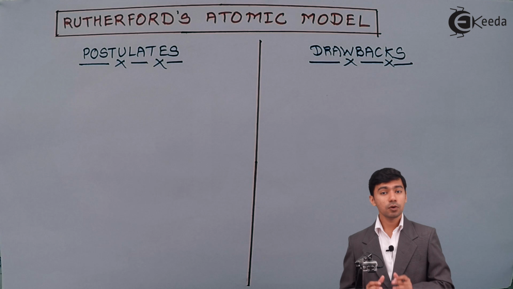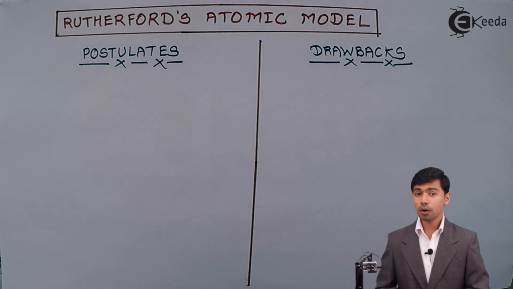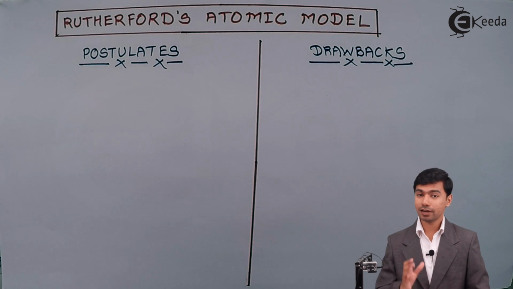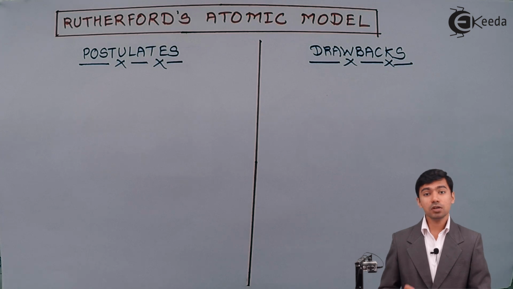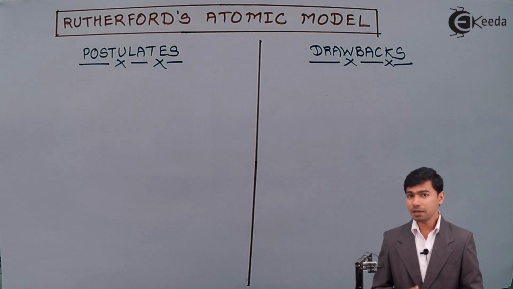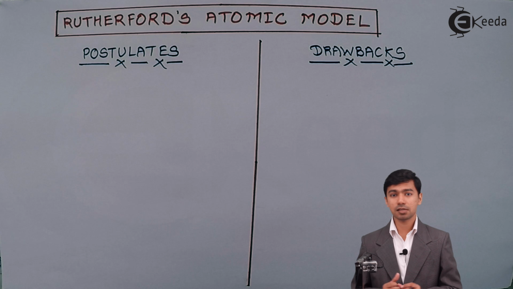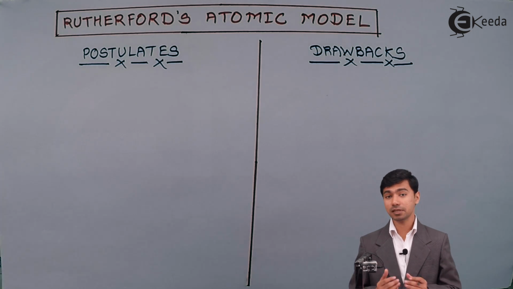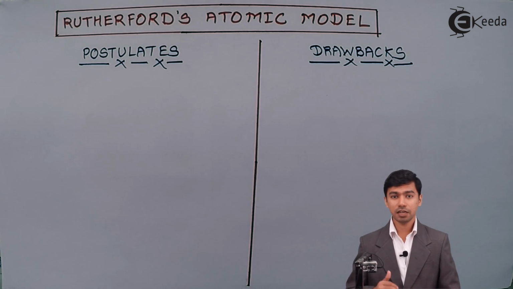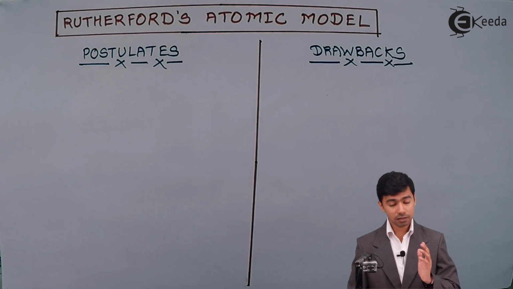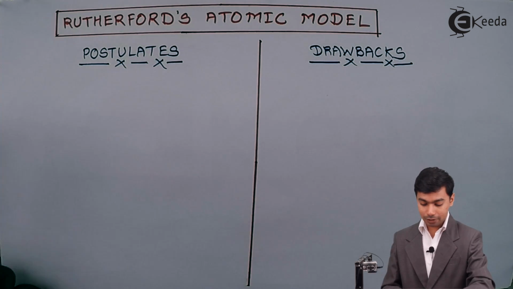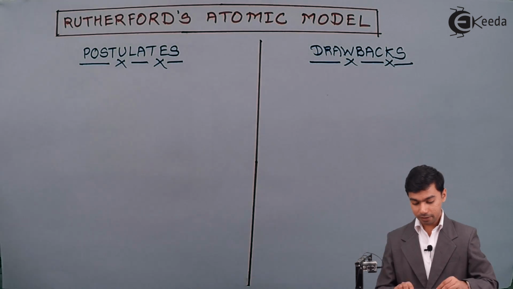Rutherford was the first scientist who made a model of an atom according to some postulates. He made some arrangements and experiments, and on the basis of that experiment, he made some postulates. But first, what was that experiment? Let us see. According to Rutherford,